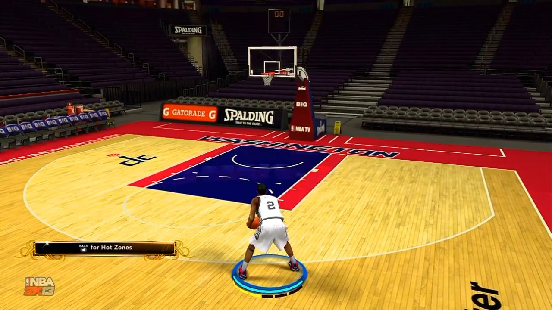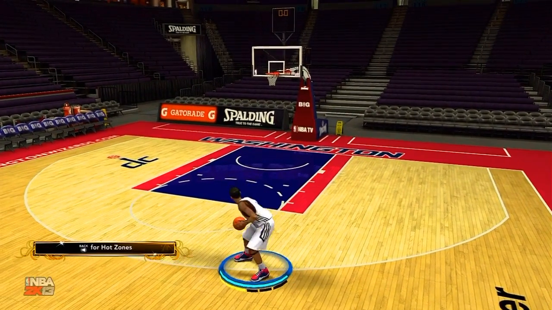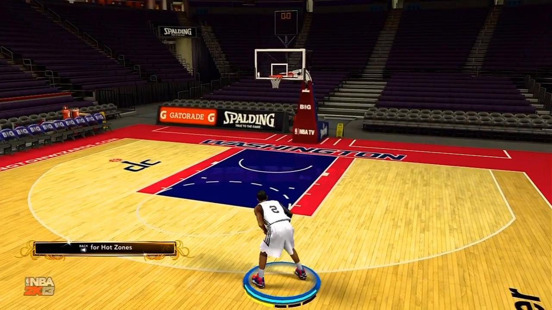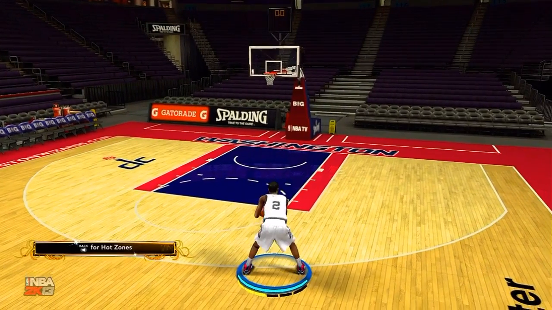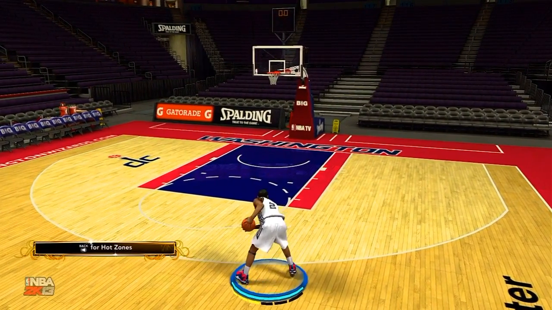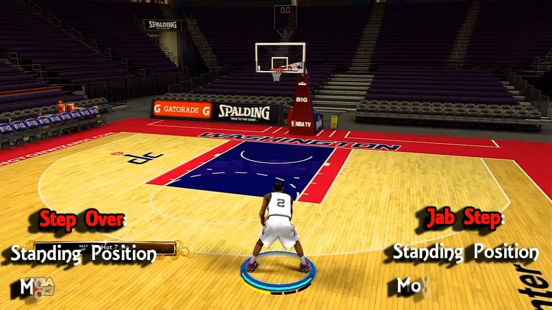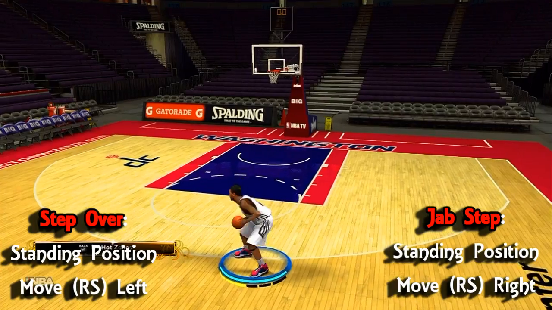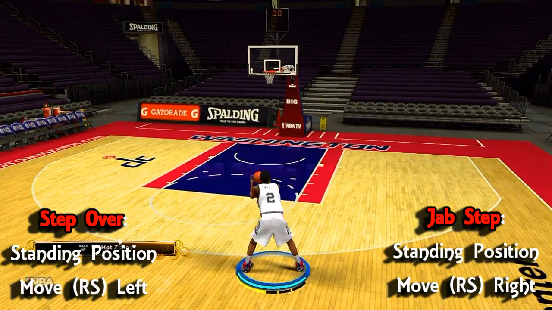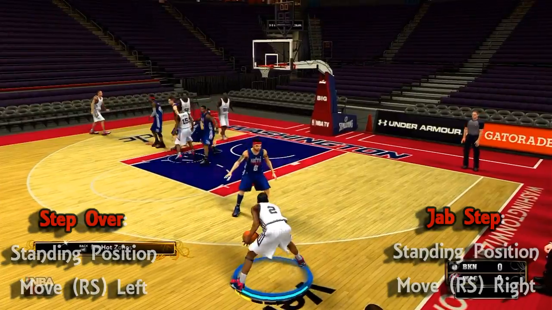So let's get started with some of the basics. These moves will help you get set up for a crossover to leave your opponent. First thing, you're taking a look at some triple threat moves. This is the step over, and now the jab step. Simple to do both. From a standing position, you want to move the right stick left or right for the jab step. Pretty easy. Now we're going to see how this looks with an opponent in front of you